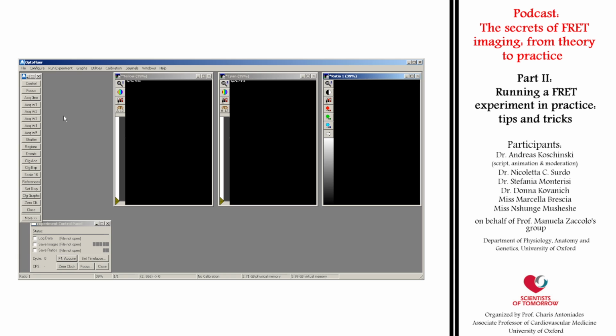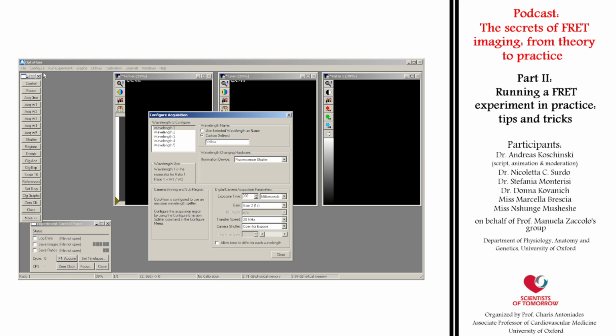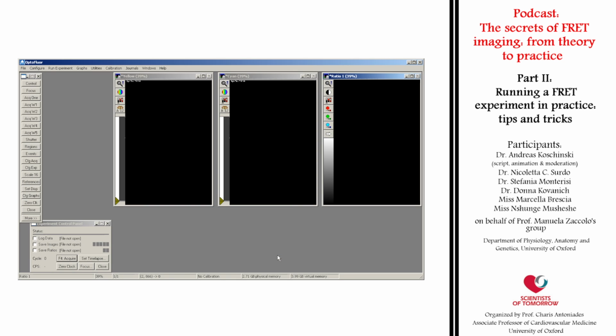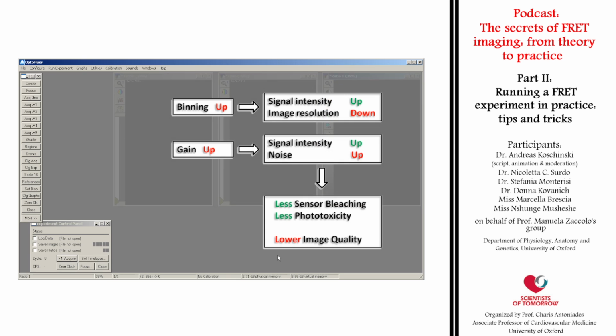Another parameter that influences the signal intensity is the camera gain. You can reach this option in the Configure Acquisition menu. As gain means an electronic amplification of the initial signal, a higher gain typically will enhance your signal, but will also introduce a certain amount of additional noise. For our experiments, we usually select a total gain of 1, which means no additional electronic amplification of the signal. As you will realize also with other parameters, it's always kind of a trade-off. Here you will have to find a compromise between signal intensity, spatial resolution and background noise that is the most